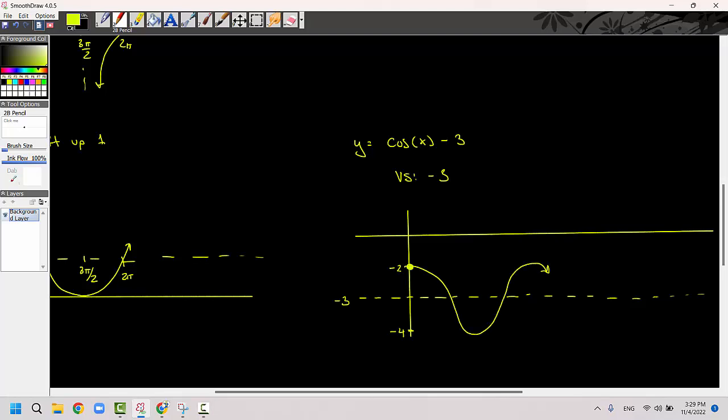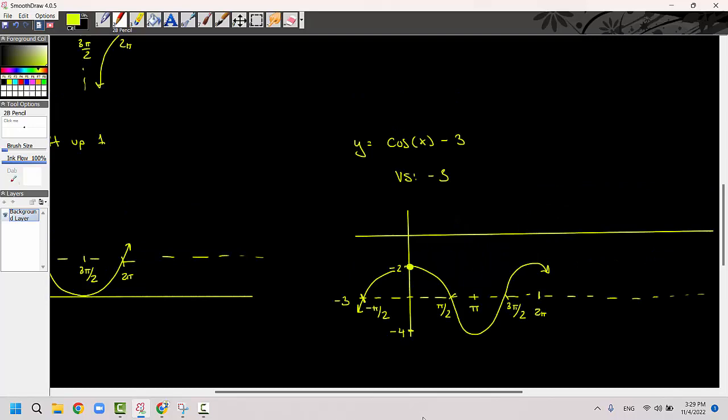I'm going to do a quarter clock backwards. And now I'm going to ask where that is. That is the end of one period. That's going to be 2 pi. Halfway is pi. Halfway between the halfway is pi over 2. 3/4 of the way is 3 pi over 2. And then this quarter clock back is going to be negative pi over 2. So hopefully that makes sense in terms of how cosine is going to look with a vertical shift of negative